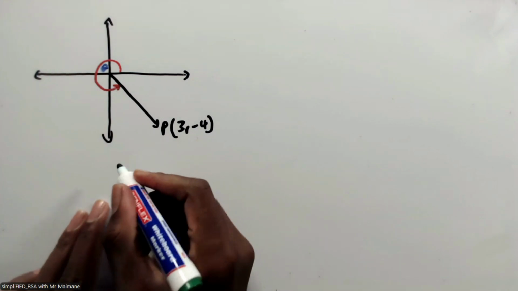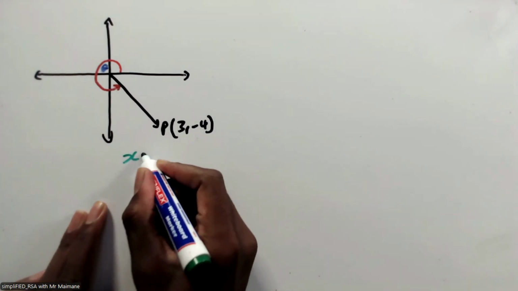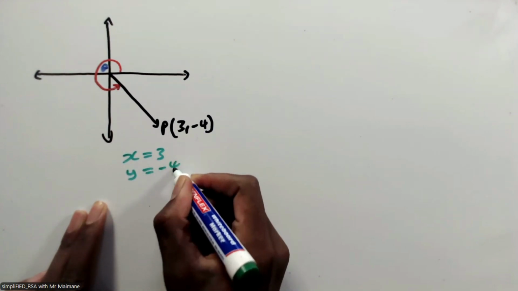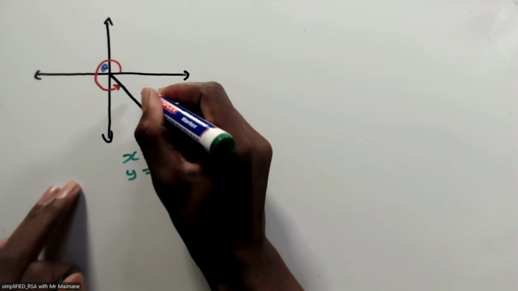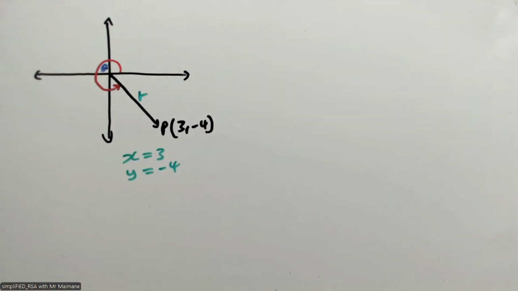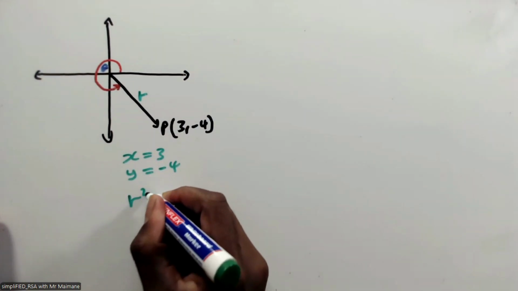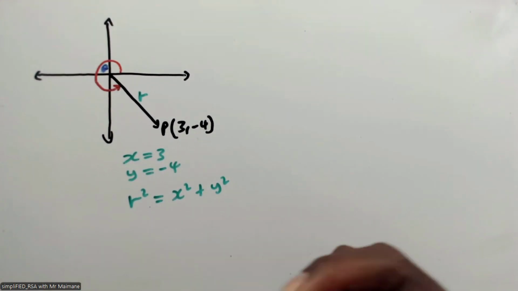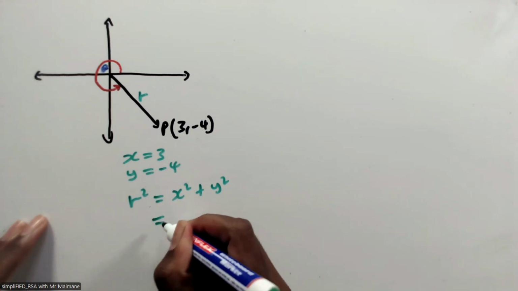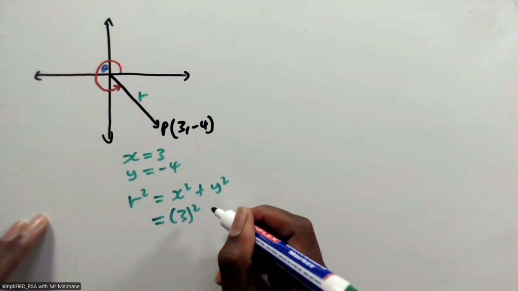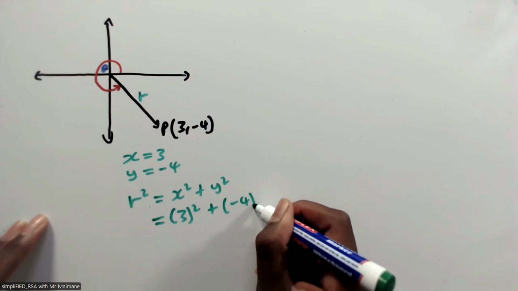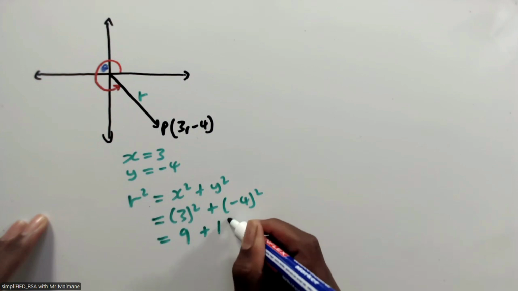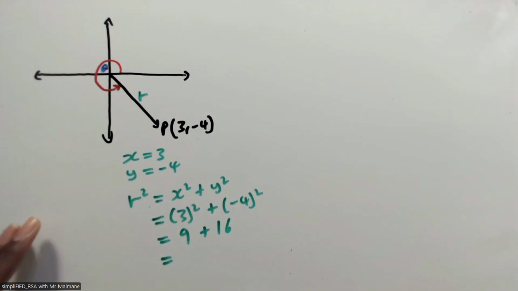So this is the situation that we have. We can tell that X is equal to 3 from here, Y is equal to minus 4. And then what do we need? We need the value of R for us to answer any of the questions. So now R squared is equal to X squared plus Y squared according to Pythagoras theorem. And then now we know that this is going to be 3 squared plus minus 4 squared. This is going to be 9 plus 16, which gives us